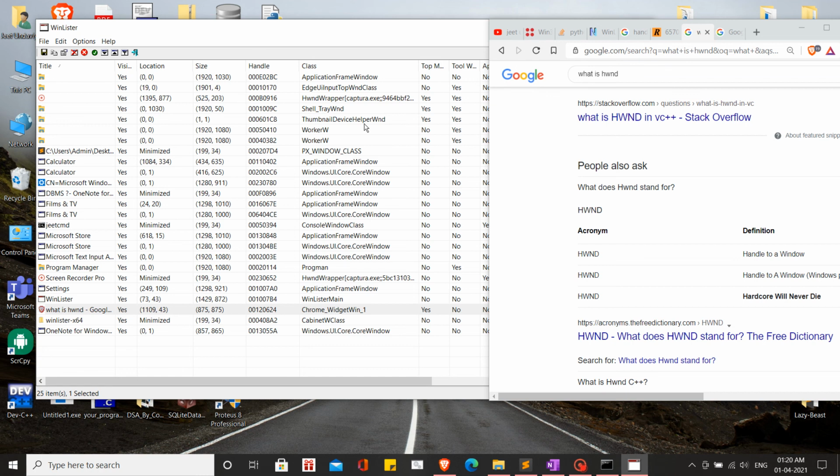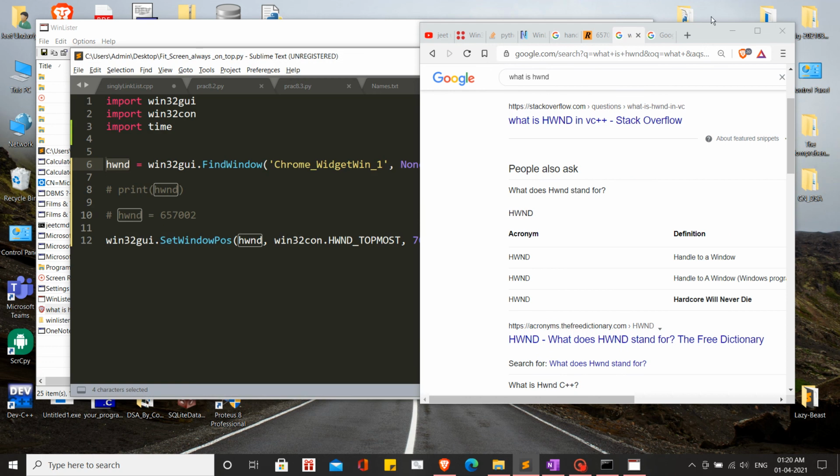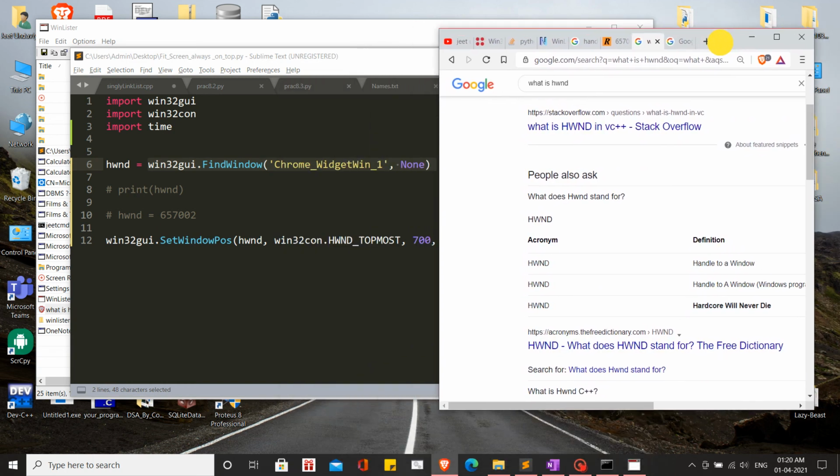For any application you run, it creates a specific handle for that, right? So now, what this function was doing was basically returning the handle for the application we wanted to pin.